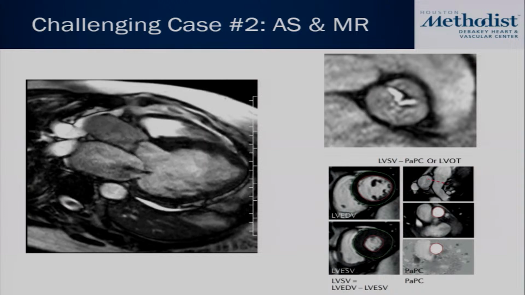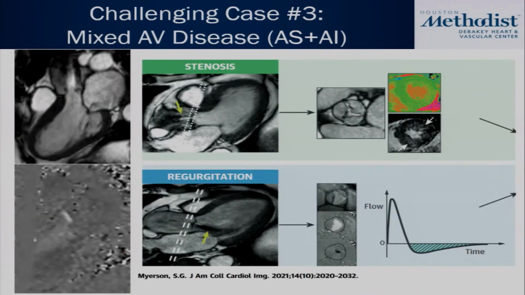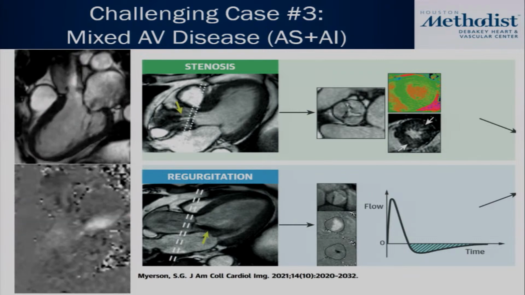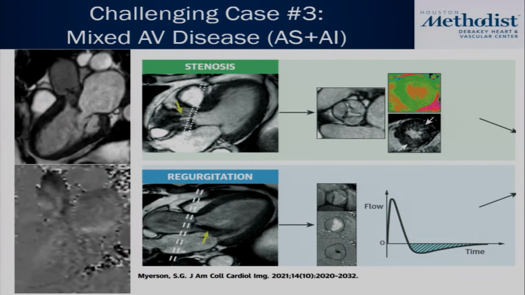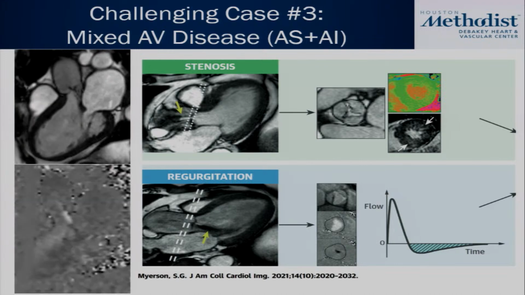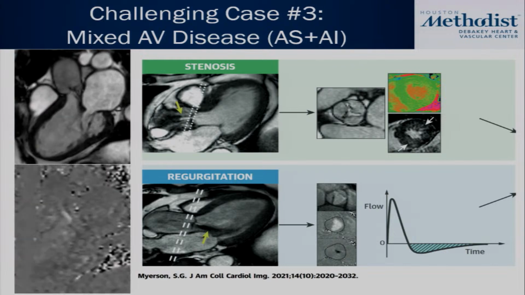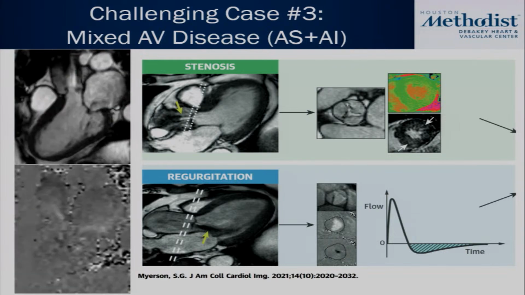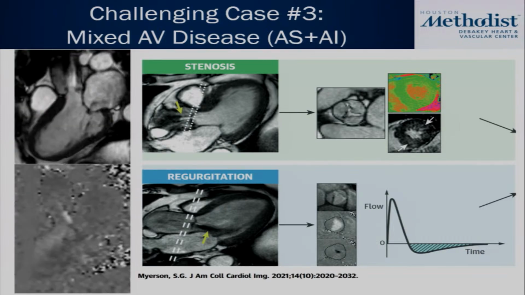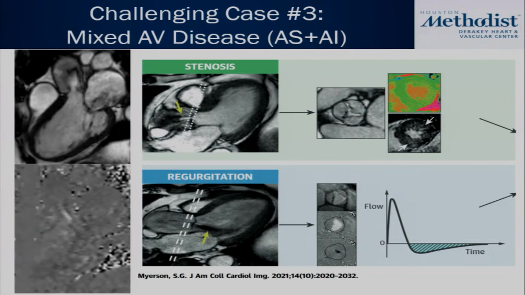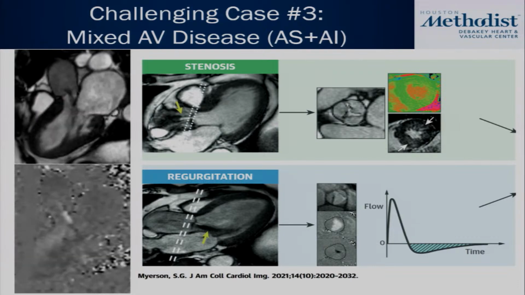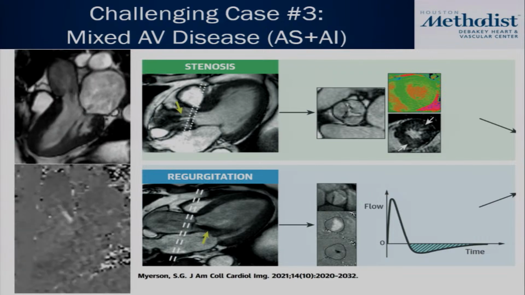So here's another challenging, actually I'll skip over this case. Here's another challenging case where I think CMR can be very beneficial. This is a patient who has mixed aortic valve disease where you have both aortic stenosis and aortic insufficiency. Now if you're in echocardiography, it's difficult to determine what the systemic stroke volume here is, because if you use the aortic valve, you're going to get that AI that's also going back as part of that equation, and therefore you will overestimate your valve area. So either with echo, you're going to end up having to use, probably your pulmonic flows, and that's if you can see the pulmonic diameter. So it can be difficult,